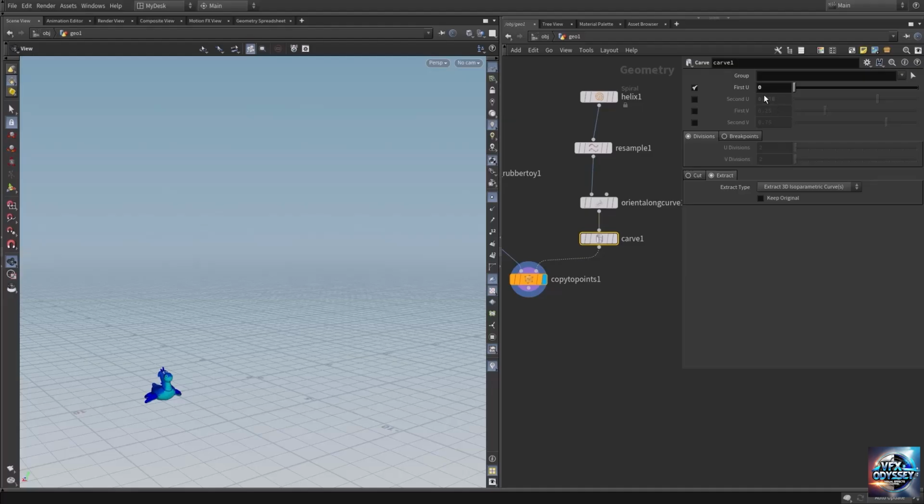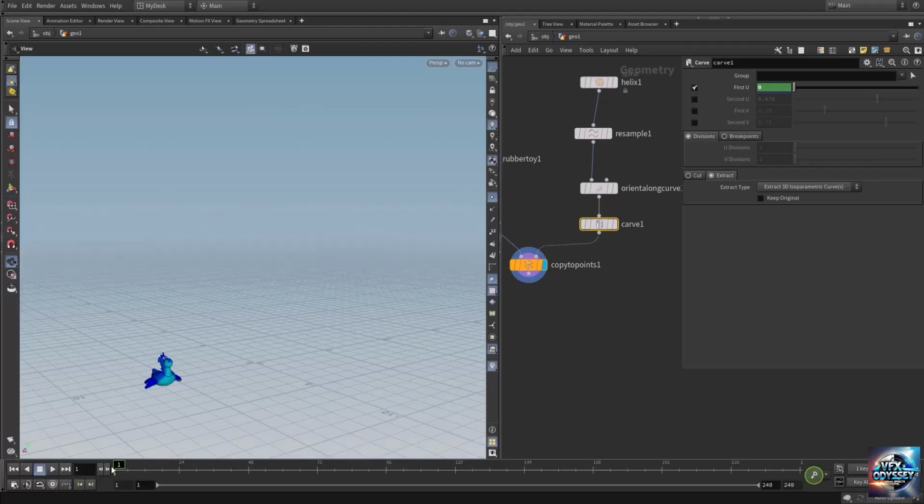If you want to add a keyframe, press and hold the Alt key on your keyboard and press the left mouse button to add a keyframe at the current frame. Now the parameter has turned green, which means we have set a keyframe. Let's go to frame 90 and change this all the way to 1, and press and hold the Alt key and left mouse button to add another keyframe. So now if I play,